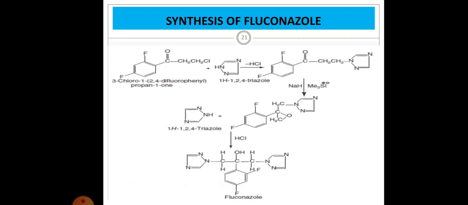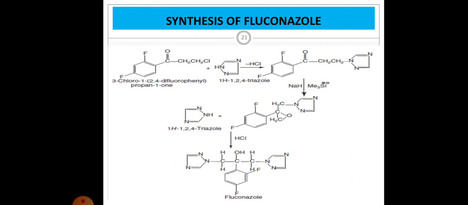Next, synthesis of fluconazole. This synthesis involves basically 3 steps. In the first step, there occurs a reaction between 3-chloro-1,2,4-difluorophenyl propane 1-one and 1H-1,2,4 triazole. There is a condensation type of reaction that occurs between these two starting materials, with the liberation of hydrochloric acid, and a compound